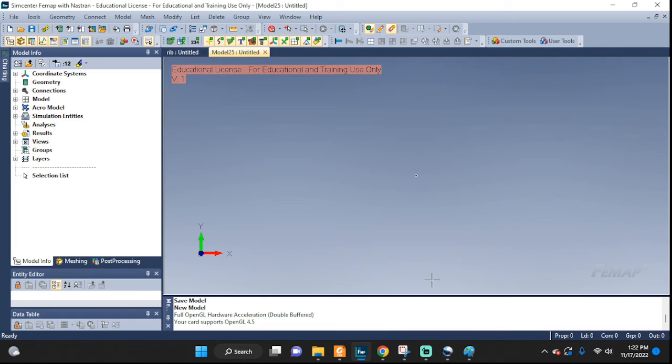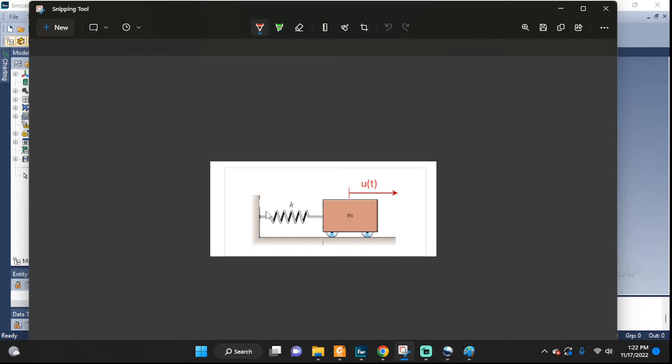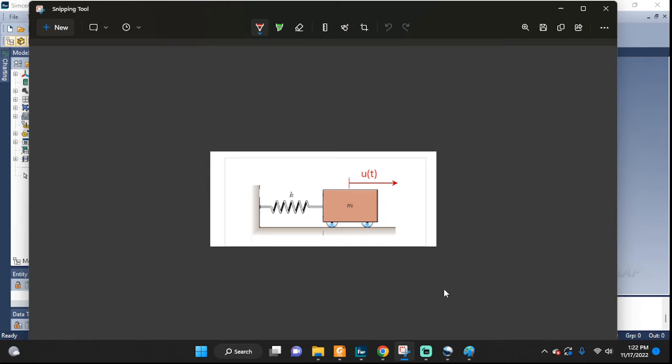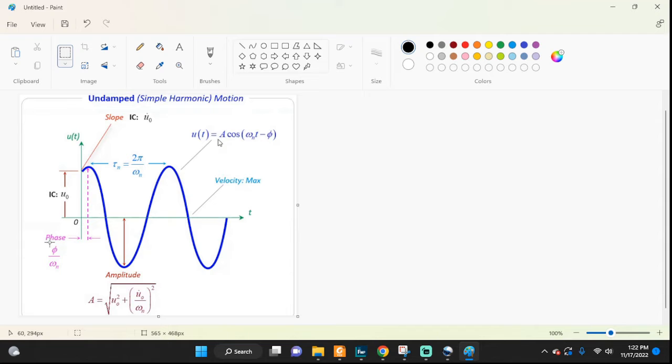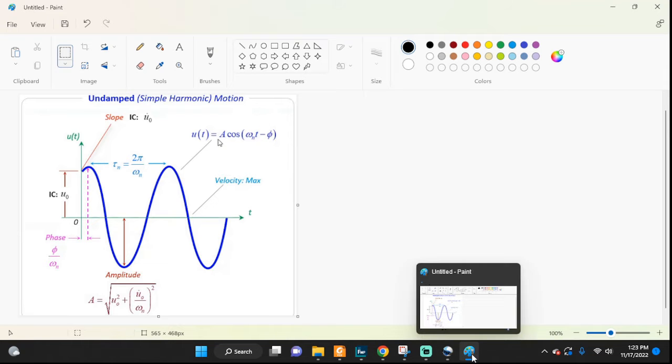Hello everyone. Today let's take a look at a problem in Femap and try to model a single degree of freedom free undamped motion. Alright, let's get started. Here's a little reminder of all the values and concepts that belong to the simple harmonic motion. For us this will be undamped, and we're gonna try to model it and see how this looks in